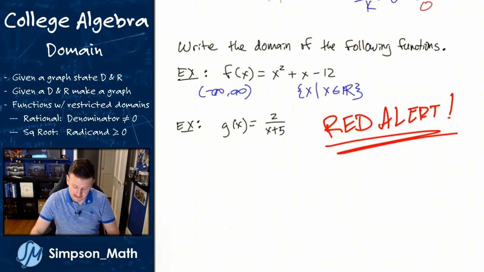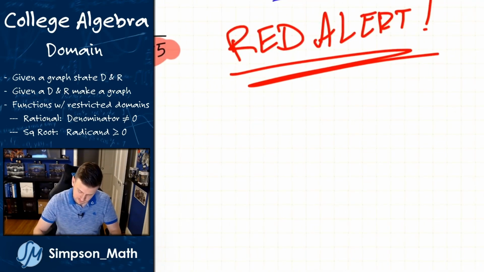So why is this a red alert? Well, I need to change colors with my highlighter. Need some reds. Why is it red alert? Because of that x plus 5 in the denominator. All right. So let me add a little bit of clarity. I know we just wrote this down, but let me add in: if we see a rational function,